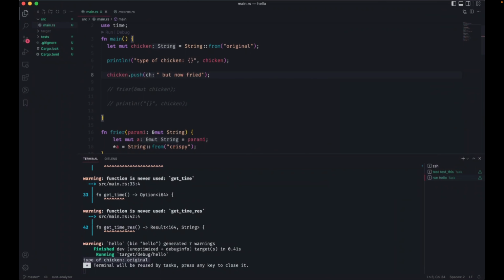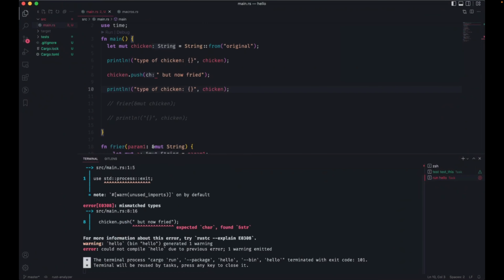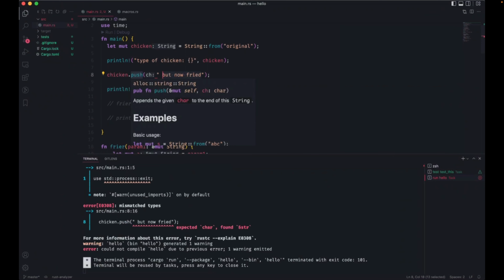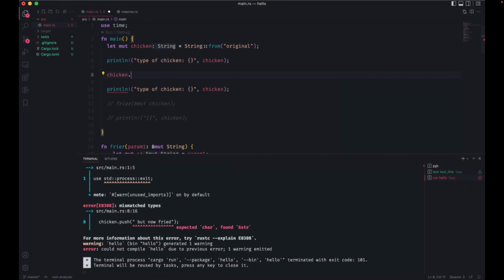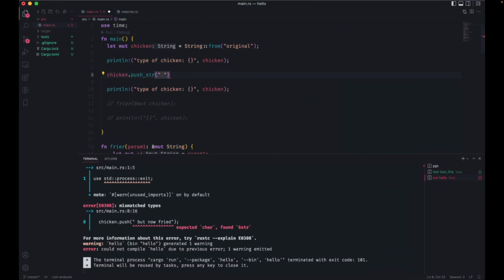And now I'm going to print the type of chicken again. One character, I think it's push. Is it push string? Is it push str? Okay. Thank you.